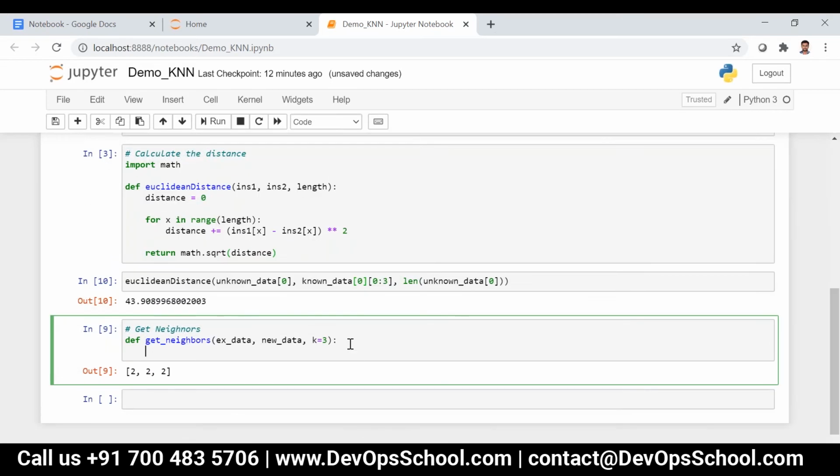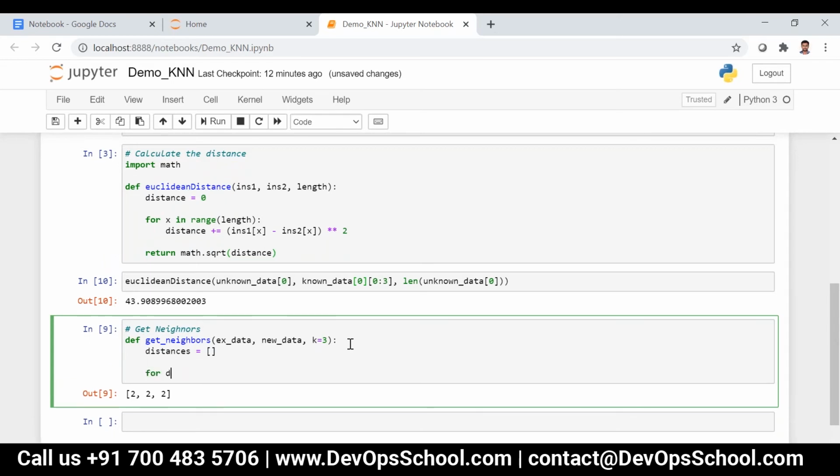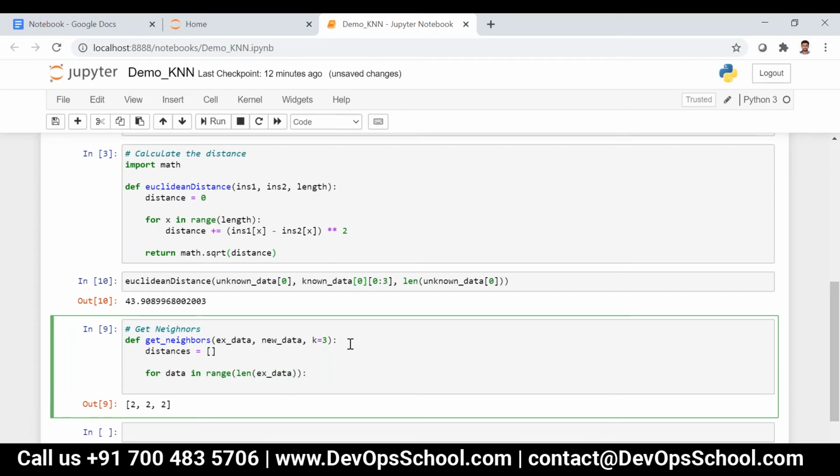Now what we are going to do is write distances is equal to empty list. Now I'm saying for data in range of len of existing data, then I'm calculating the distance.